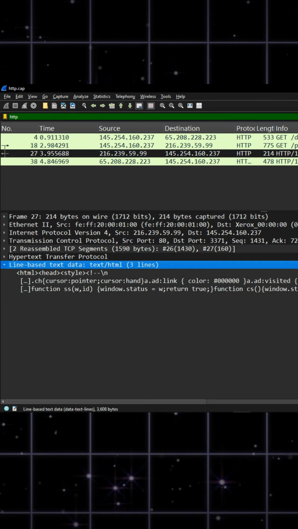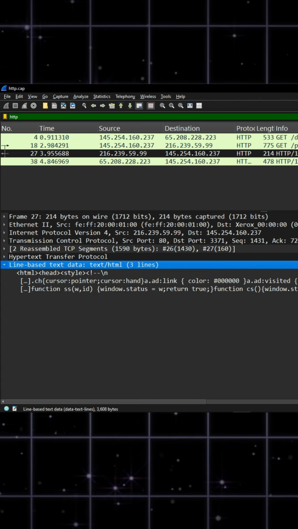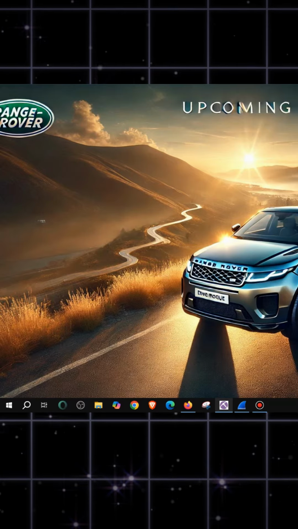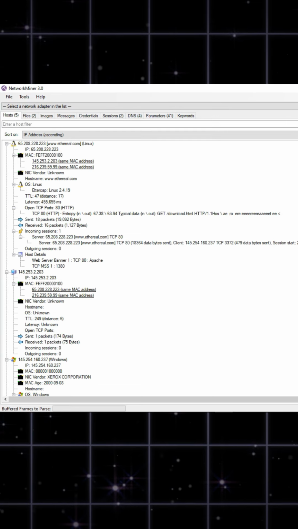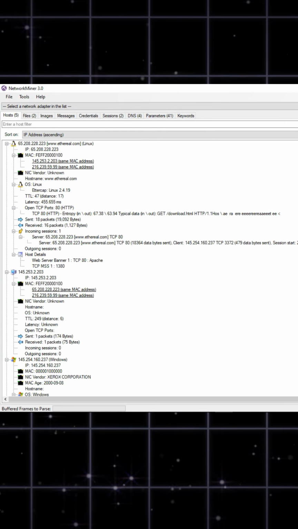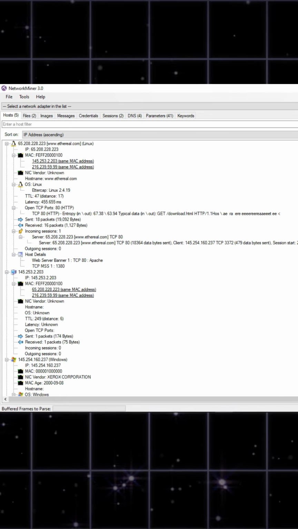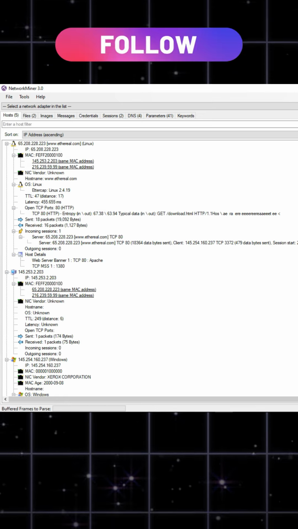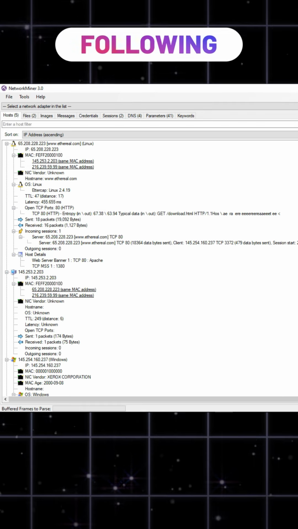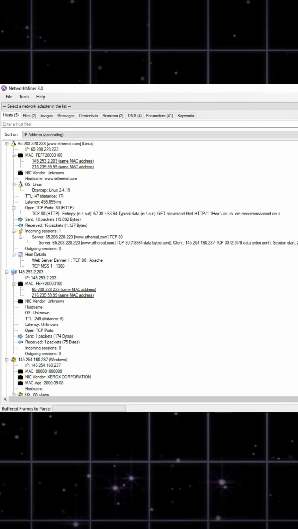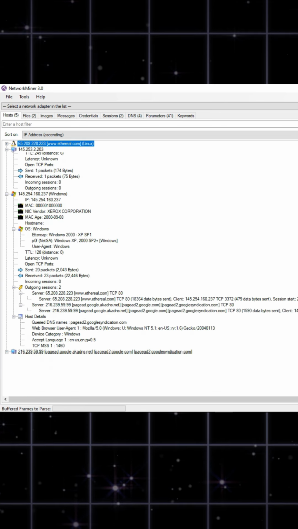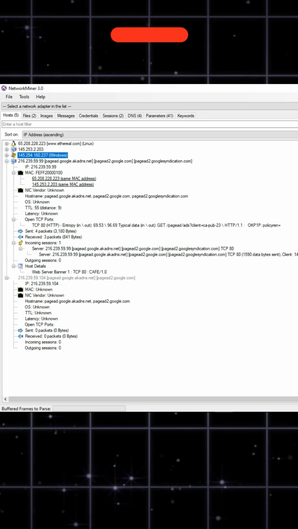But if I tell you there is another tool called NetworkMiner, what it does is break down all your network packets into a readable format. No need to worry about any type of network packet analysis or anything about IPs or filtering. It will help you study each and every network very easily. So here is the tool.